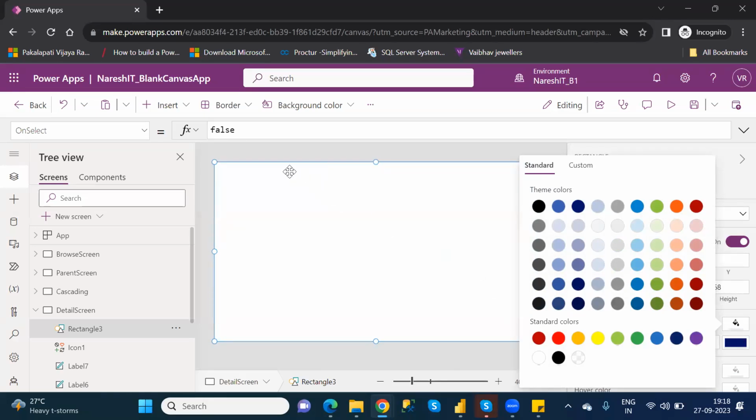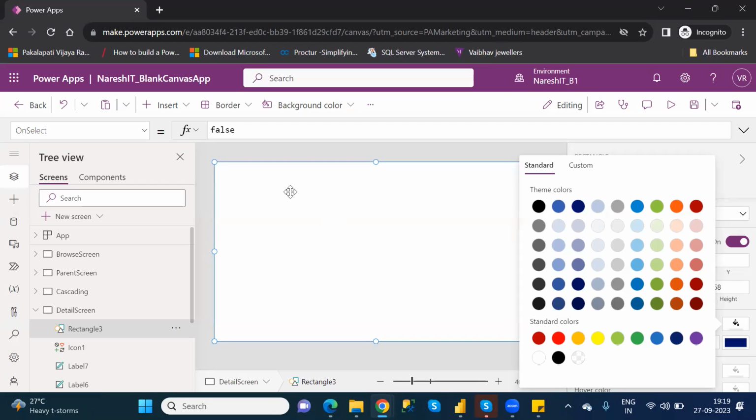See here, this shape is changed to white color, but the background screen, whatever elements are there, I need to see them. Even after seeing them, I don't want to perform any operation on those elements. I just want to show those things, but here it is not showing.